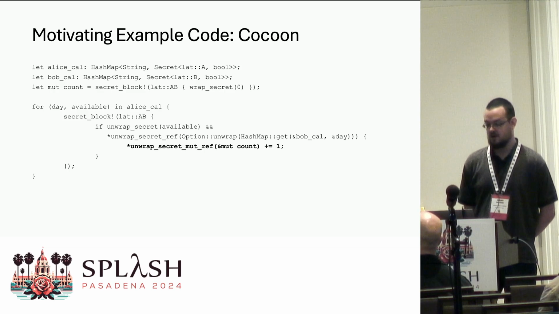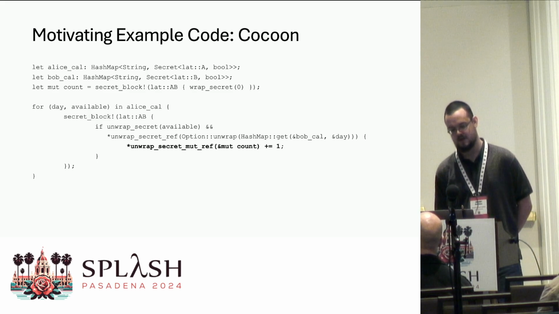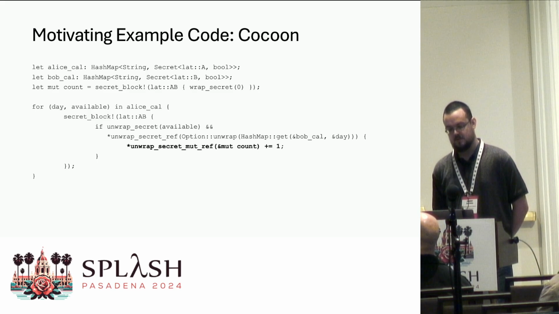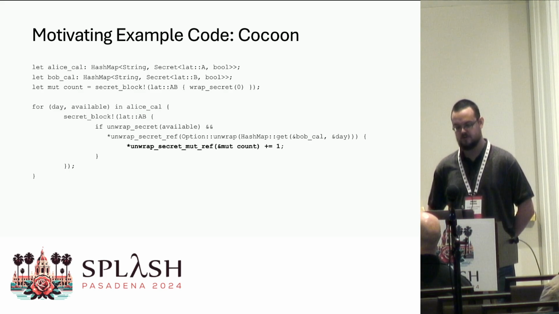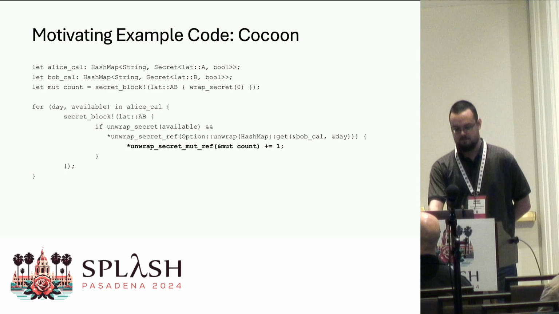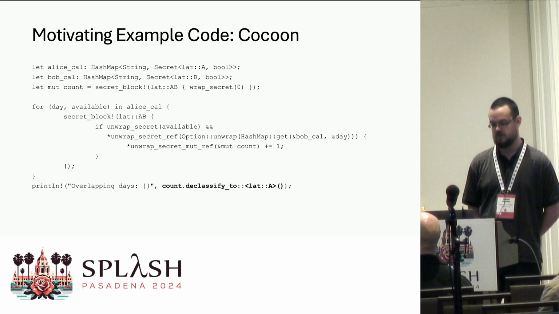Then, if they are both available, we need to increment our counter. So we use unwrap secret mute ref. This just means that we are able to mutate the variable that's getting unwrapped. So we pass in the counter and we increment it by 1. This loop continues, passes through all the days, and at the end, we want to return how many days there